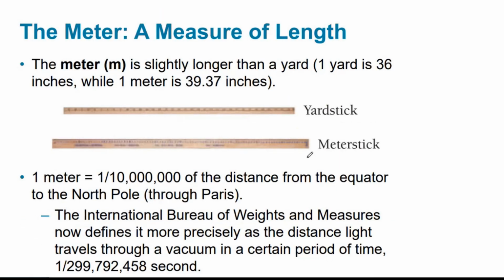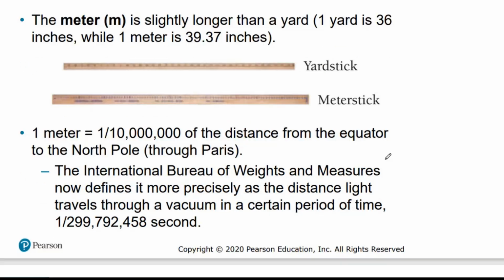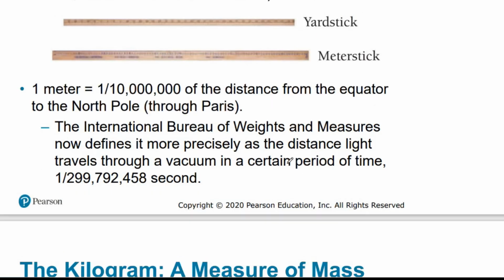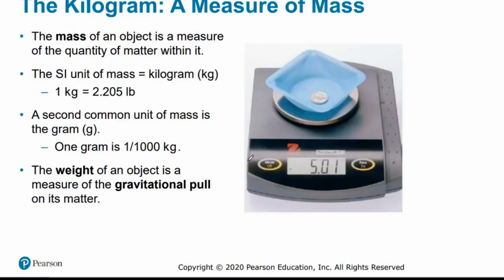A meter is our measure of length. So a meter is slightly more than a yard. Okay, so it's about a yard. One meter is 1/10 millionth of the distance from the equator to the North Pole. And recently it has been redefined as the certain distance that light travels in a vacuum in this portion of a second, this 300 millionth of a second. All right,